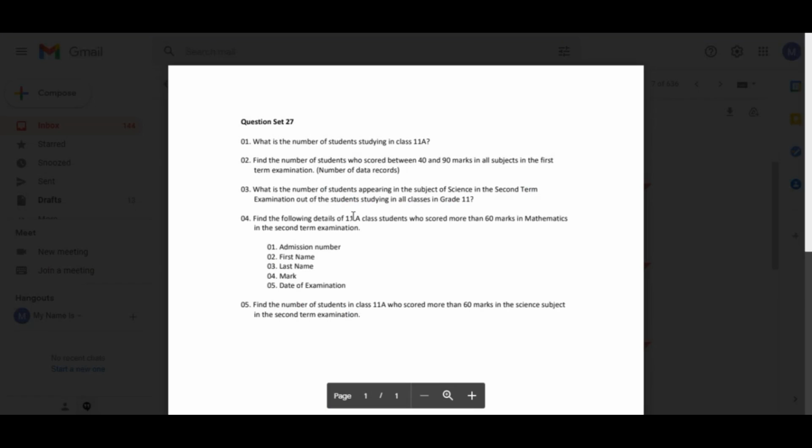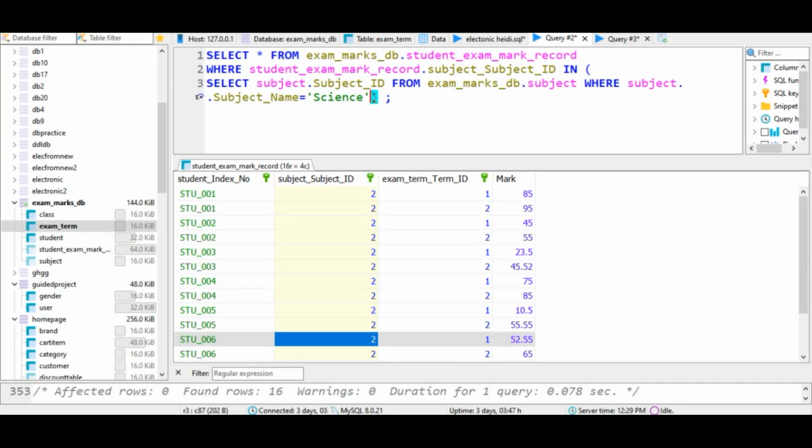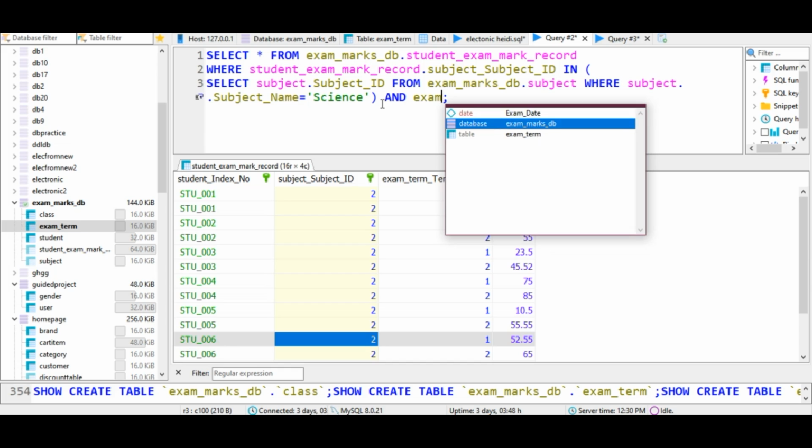And now we had to get the term name. So therefore you have to get the term ID using the term name in the term table. So now we are on this student exam mark record table, so we can only use IDs. So to get the IDs we had to use the name. So exam term ID of student exam,